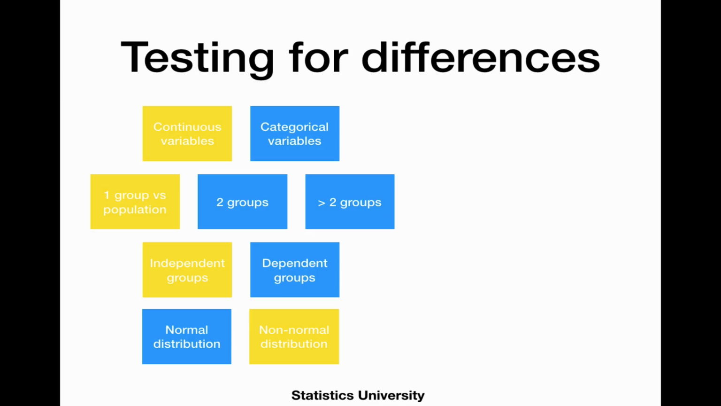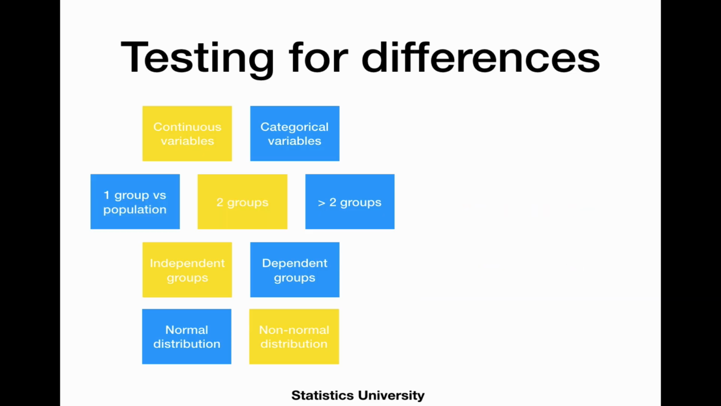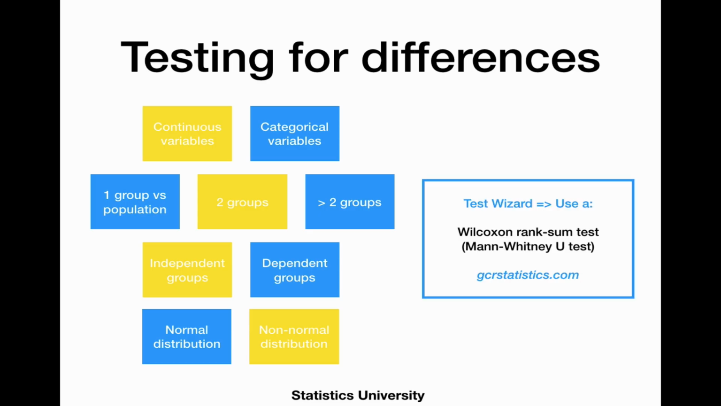Now, if you want to compare one group with a population value in non-normally distributed data, you should use the sign test. And if you want to compare two independent groups with non-normally distributed data, you use the Wilcoxon rank sum test, and another name for this test is the Mann-Whitney U test, and that's the non-parametric variant of the two-sample Student's